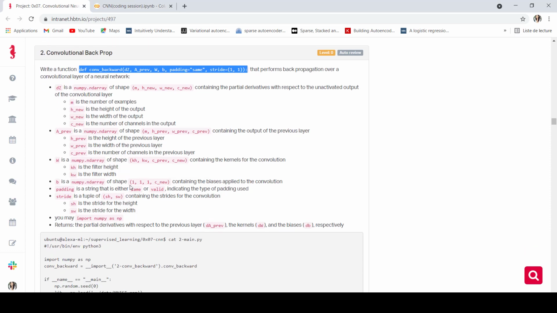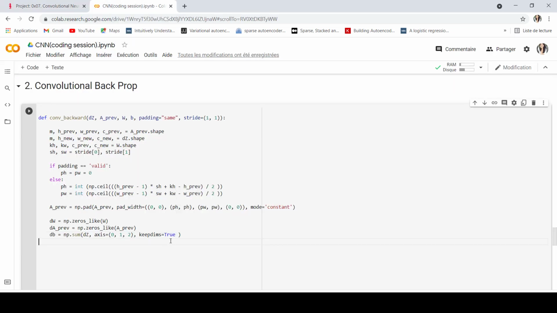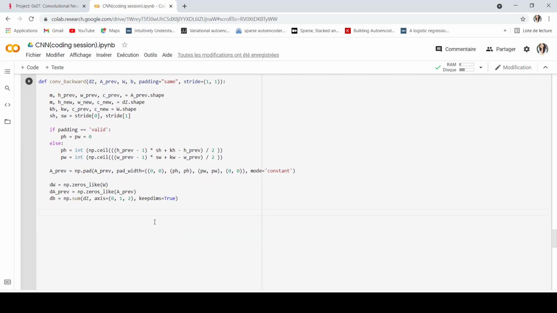Because here the B is going to have the shape 1 1 1 and n_C. So here when I say the shape of B, I mean also the shape of DB, because the derivative and my original matrix should have the same shape, okay? So DB is easy. Now let's go through the other derivations.